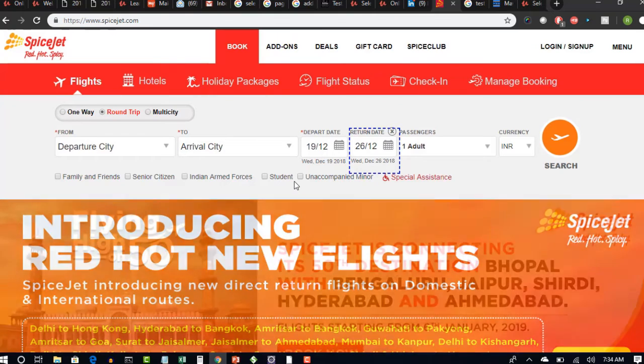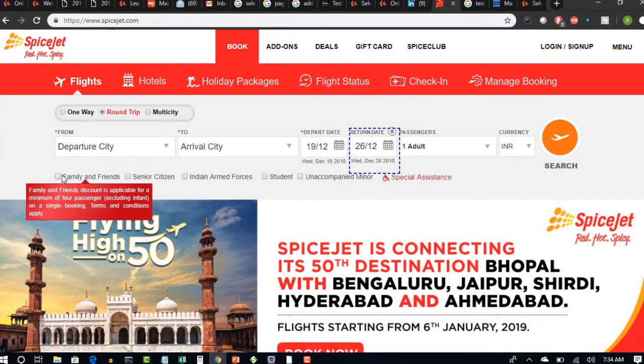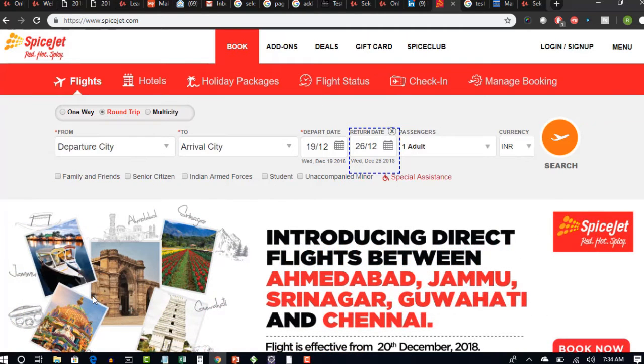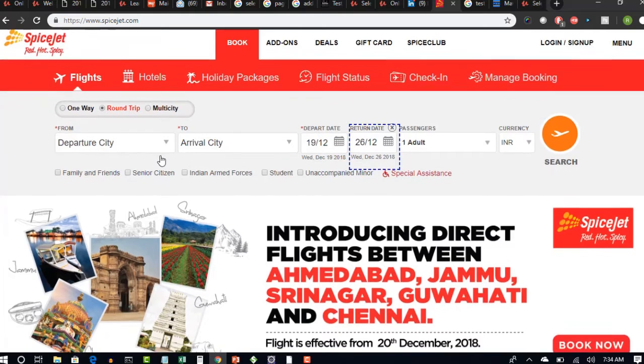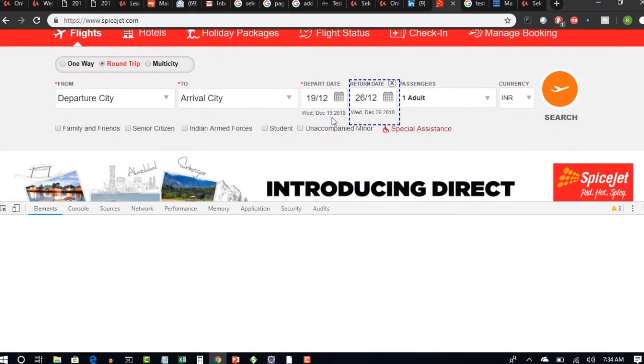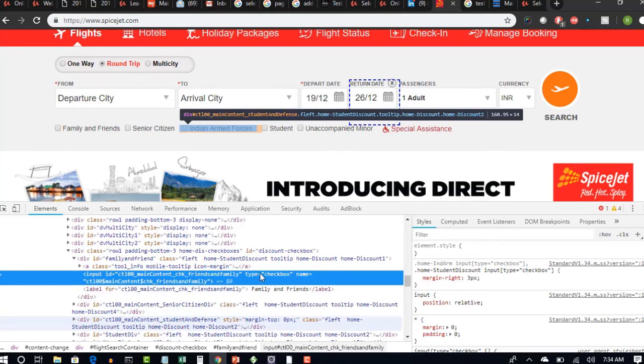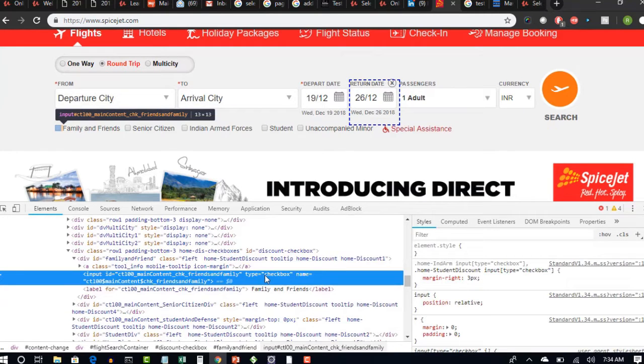Right, so now in this lecture, let's see how we can handle these checkboxes. It's pretty straightforward. You can just click on this and simply inspect. Okay, let's do that. Right click, inspect, and that will open the developer tools for you. All right, you see that an ID is defined for friends and family.